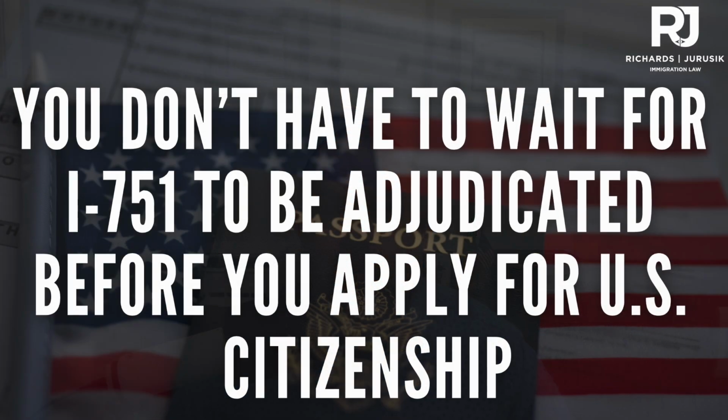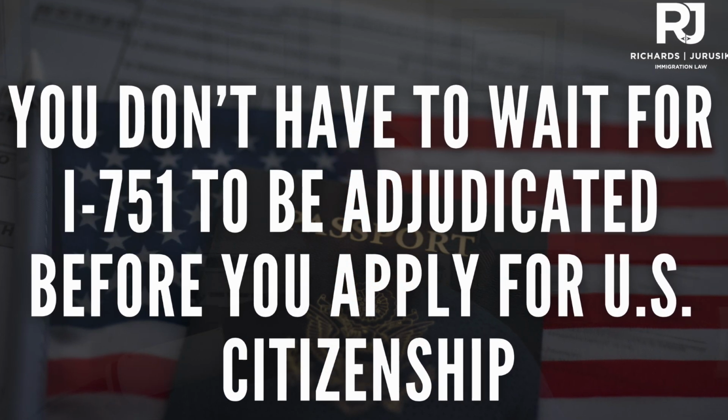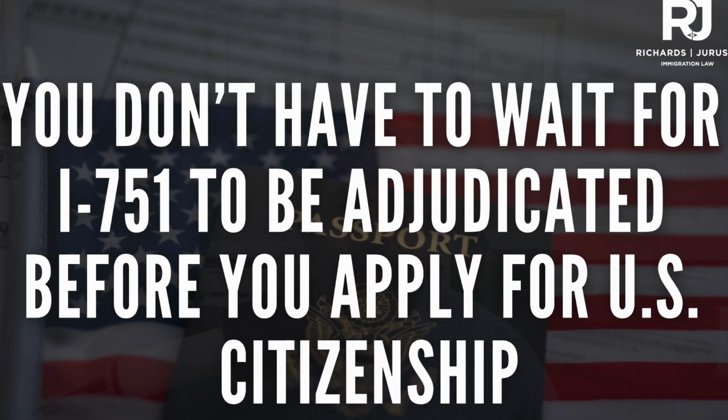USCIS. Now, that removal of conditions application can take some time to process. Oftentimes, it takes over 2 years for USCIS to adjudicate the 751 application. And people ask, well, what can I do during this time? What measures can I take in order to speed this process up? Or do I have to wait for that 751 to be adjudicated in order to apply for U.S. citizenship? The answer to that is no, you don't have to wait for the 751 to be adjudicated before you